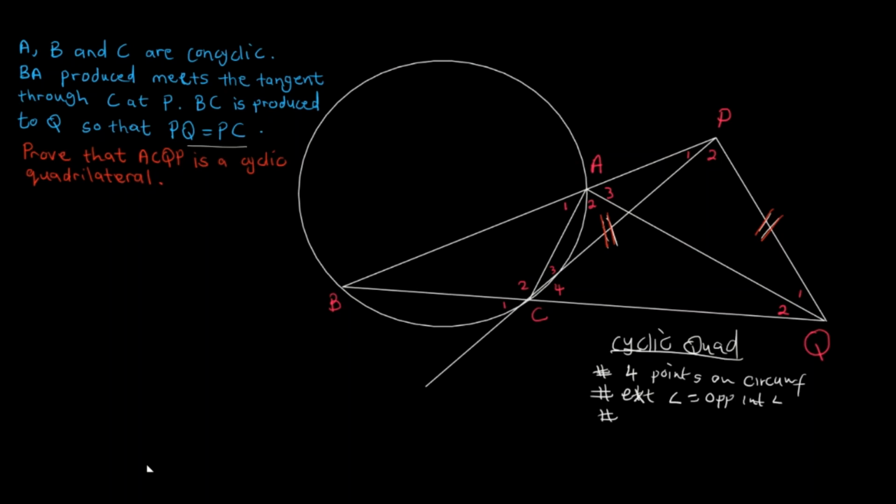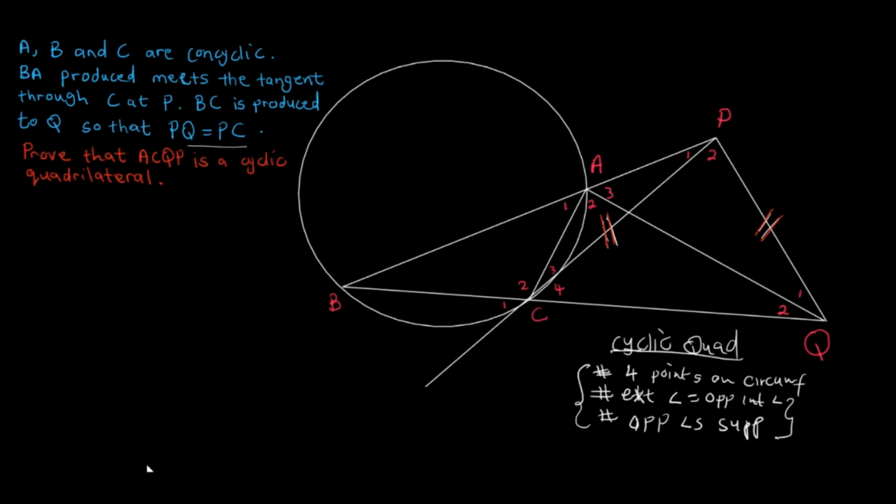And another thing is that opposite angles are supplementary, right? So these are some of the properties that we can note down so that when we try to solve this problem, one of these will be applicable, especially these two will be applicable in solving this, right? So the first thing we're going to do is we know that